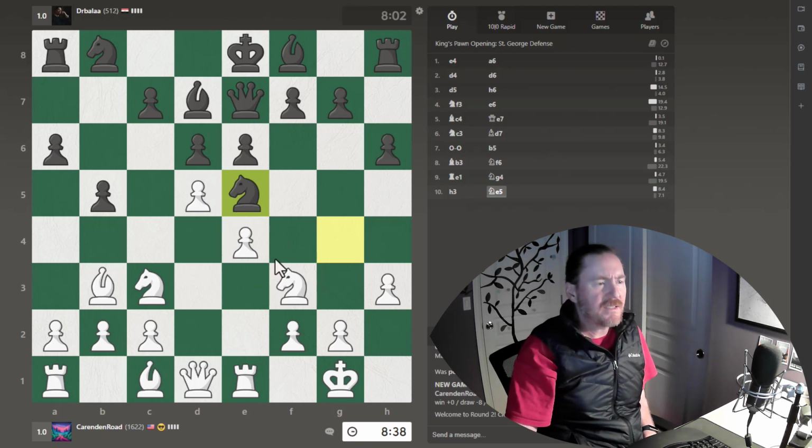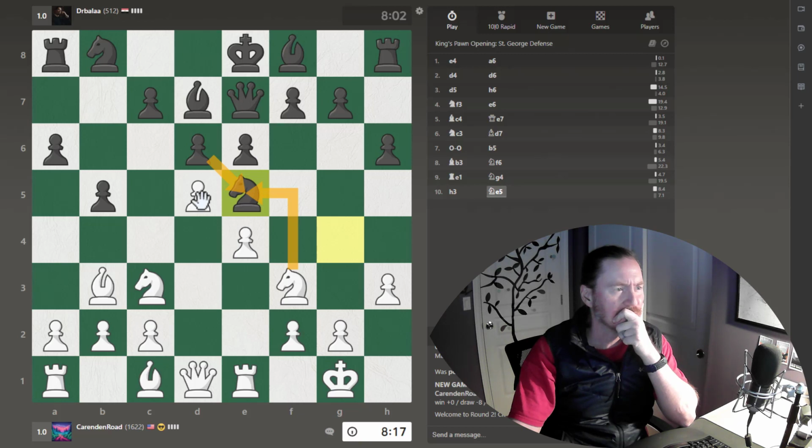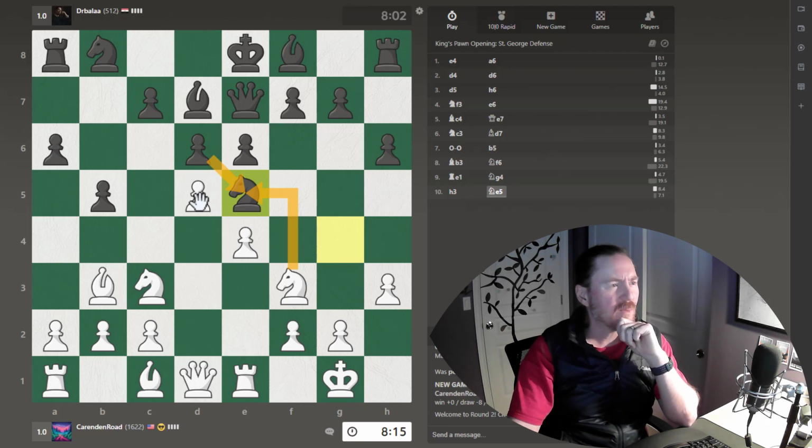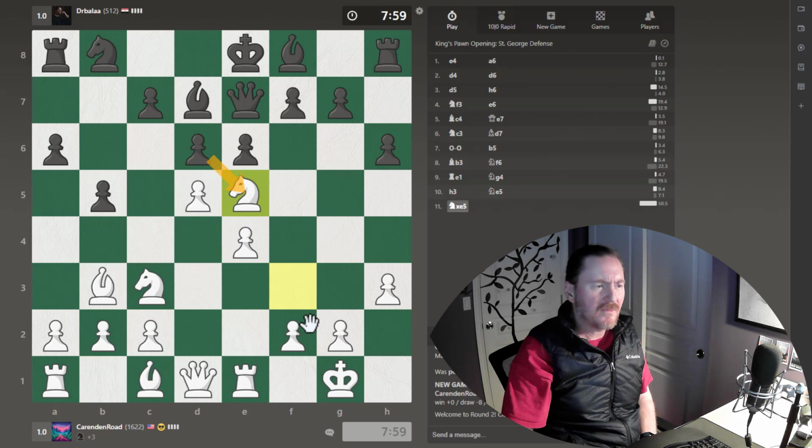Okay, let's see. How can we make the most of this situation? We have a take, takes back. They're going to have doubled centered pawns. And I'm wondering what opportunities I might have. Yeah, I guess about taking here. We've got a couple of defenders. Yeah, let's go ahead and take. Take back and...